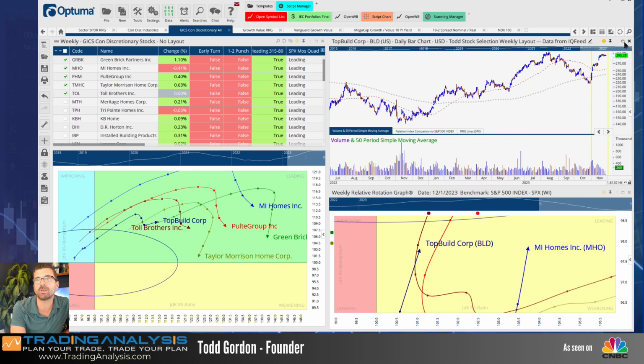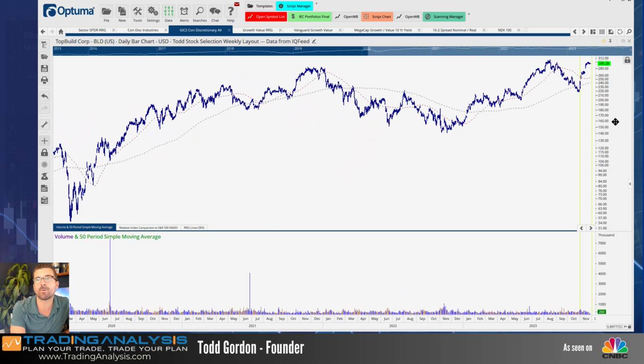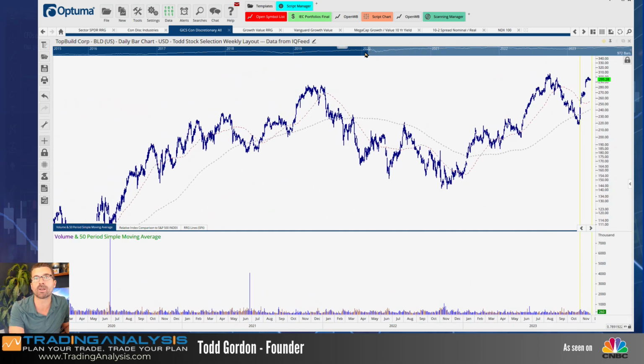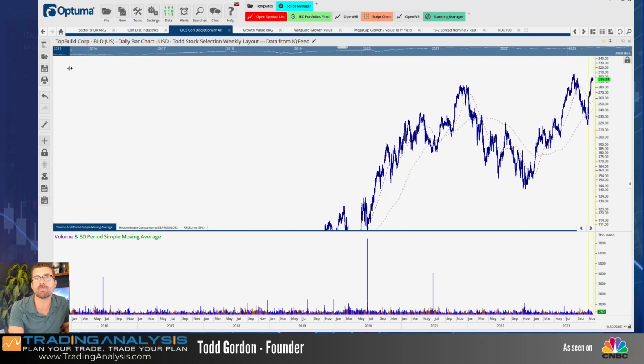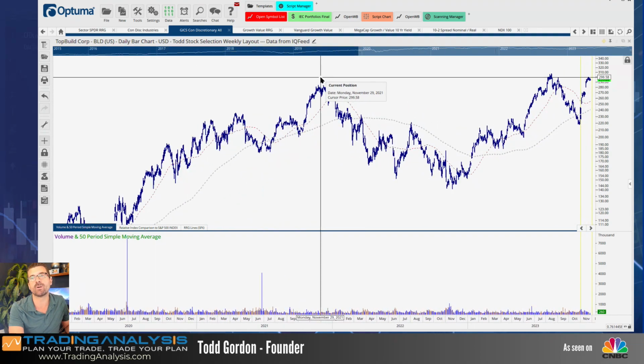And here is the chart of BLD looking solid. We have a pending triple top, which markets love to break triple tops. Give you a little bit more context, I mean, you're talking up through the 290 to 305 level. That's going to be a big, big breakout. So the big takeaway here is